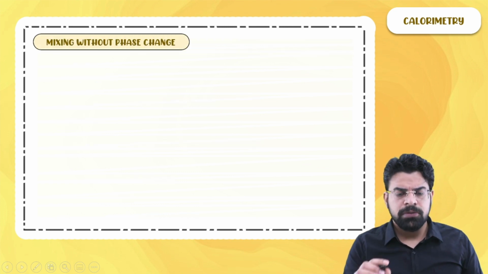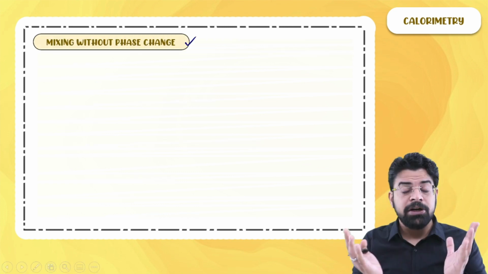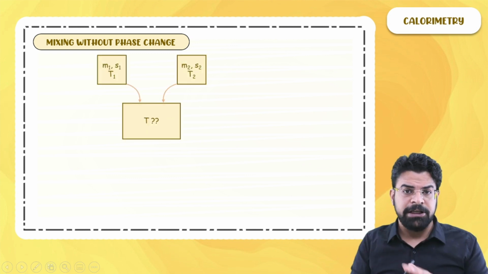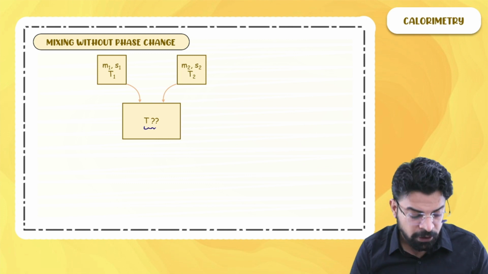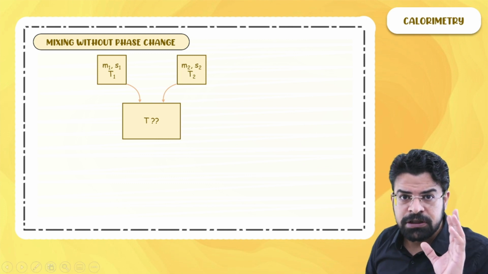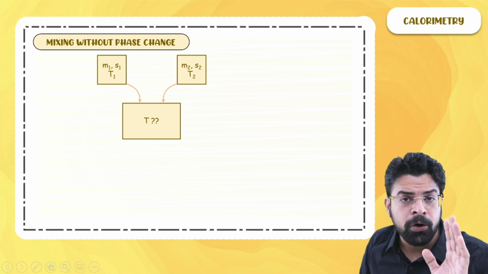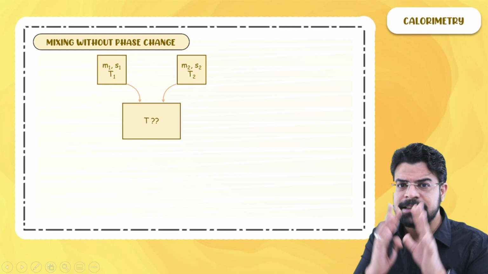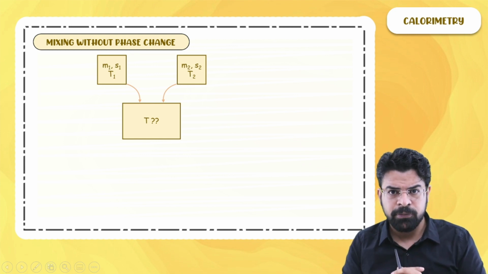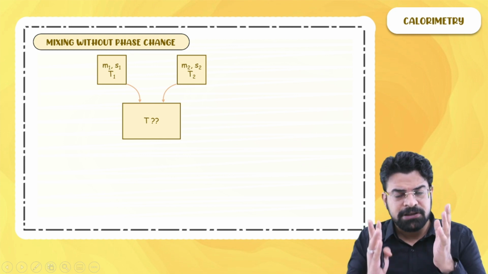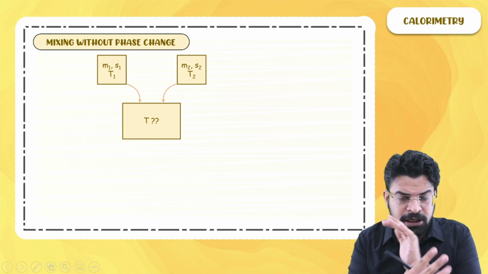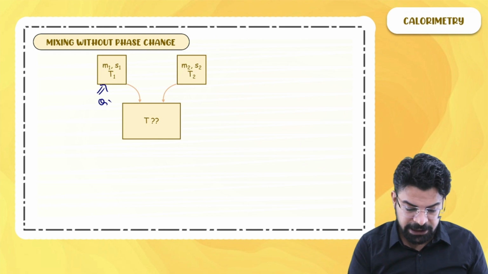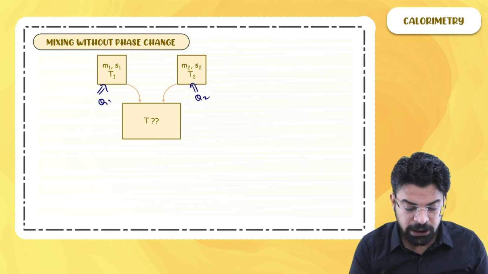So now let's do a case when we are doing mixing but without phase change. Let's say we have got two substances, and if they are mixed, what will be the final temperature of the mixture? I would like to suggest a method here which I promise you is better. Always write the equation. When you are mixing them, you are not providing any external heat. So whatever heat is transferred is from one body to the other body. We say that the heat given to the first body, say Q1, plus the heat given to the second body, let's say Q2, has to be equal to 0.